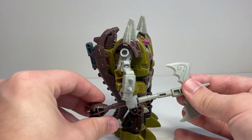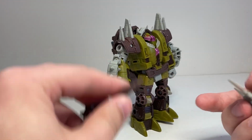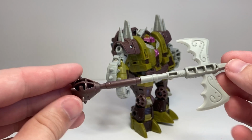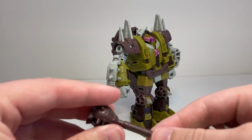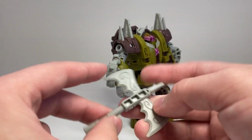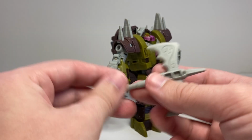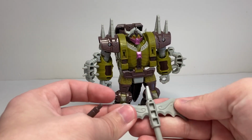His new weapon here, he can hold in either hand, but you sort of have to separate it to get it to actually come out of his hand, since it does have the objects on both sides of it. But yeah, it's a cool weapon. This part here, the brown part, is hard plastic, and then this part is soft plastic, which definitely makes it feel a little bit less sturdy than the spear that the Allicons had, but it's kind of more what is